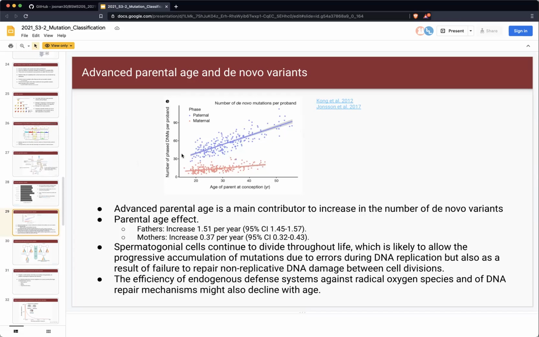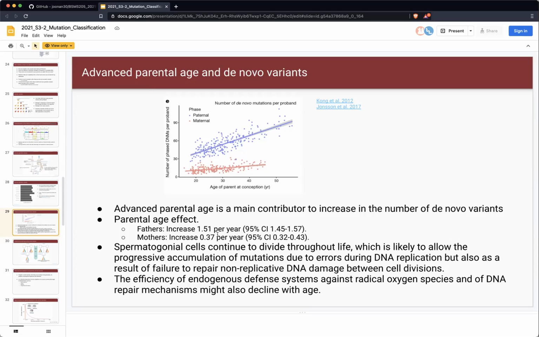So this is parents having kids when the mother is 20 and the father is 20, and they have about 40 mutations from the father and probably 5 or 10 from the mother, right? So this is about 50. But if the father has a baby around 50 years old, the data from males show around 90 variants from the fathers, right? So if the father's age increases by a year, the mutations increase by 1.5 every year. For the mother it is about 0.37. So we can say there is a parental age effect in de novo mutation,